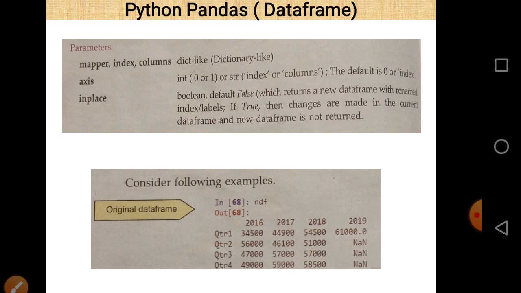And along column 2019 we can see that there are 3 values which are represented by NaN, meaning not a number. So there is actually not even a single value, or even 0. That's why NaN appears here, because NaN represents not a number. It means there are no numbers at all. So this is our actual data frame.